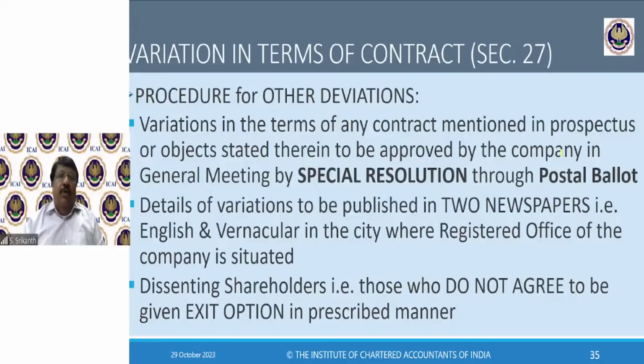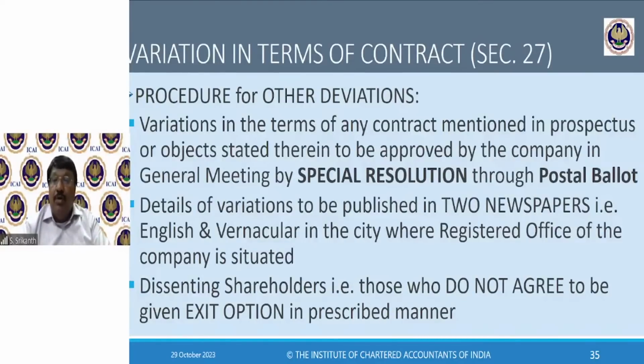Now, if you want to make any variations in the terms of any contract mentioned in the prospectus or object stated therein, it has to be approved by the company in general meeting by special resolution. Possible. So you definitely want to move to cement manufacturing, no problem. If the shareholders agree, what is our problem? They pass a special resolution, good. Not only should you have a meeting, they want you to pass a special resolution, not at a physical meeting,